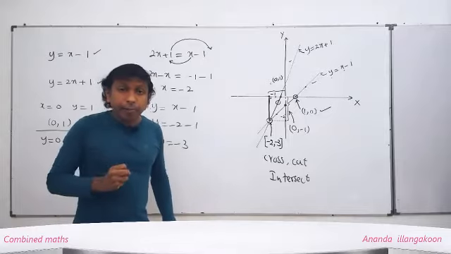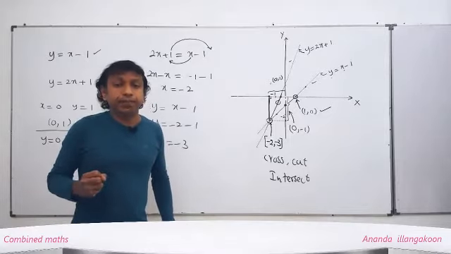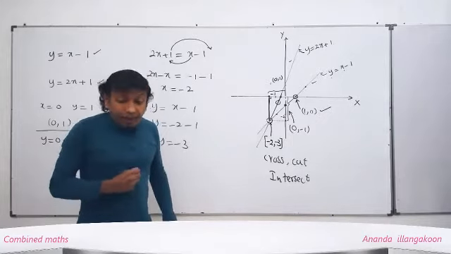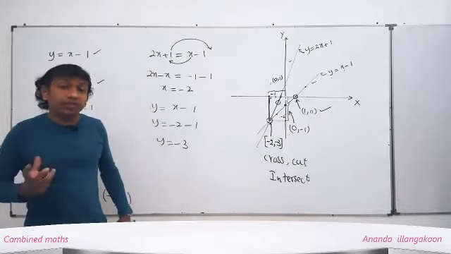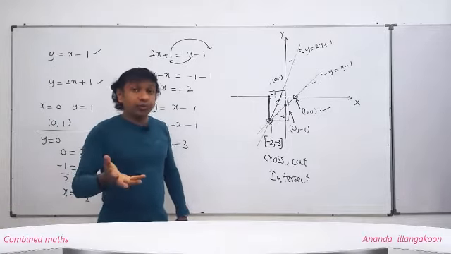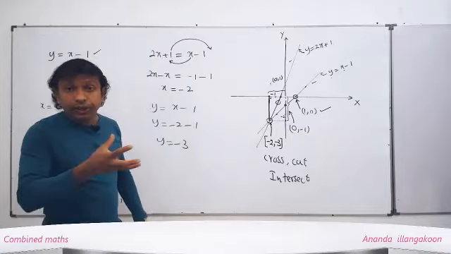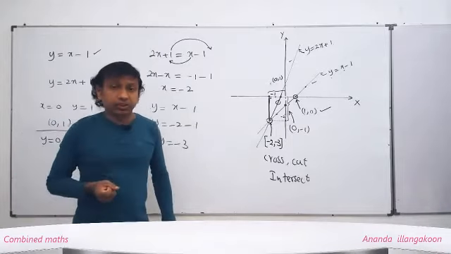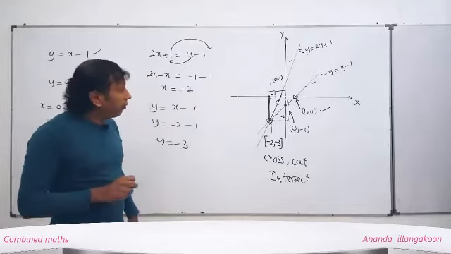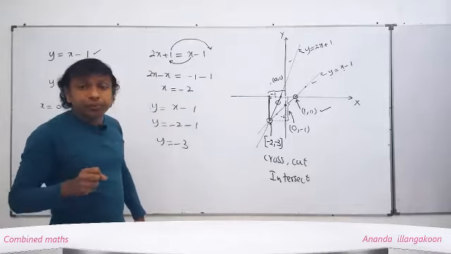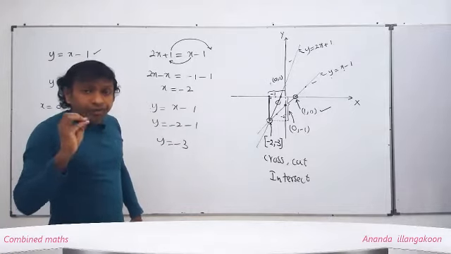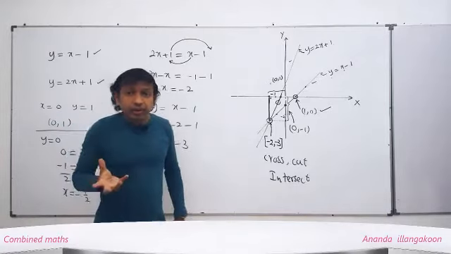People, now today our lesson is regarding this part, because on this theory part, people, there were some questions in past papers. Soon after discussion of this theory part, we go for the past paper questions related to this theory. Okay, all right, people. Then today I'm going to do the way of finding the points of intersection of not